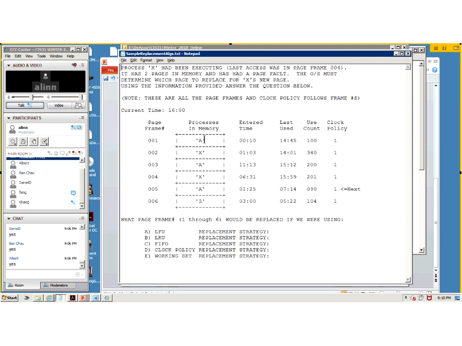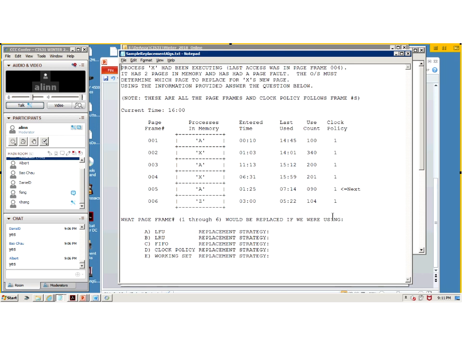Here's the time it was loaded. That page was loaded into memory. By the way, all of these occur on the same day, so this would be hour, minute. Enter time is when all of these were loaded. This was the timestamp it was last used. And this is the use count, the number of times that page was used. So, the question is, what page frame, 1 through 6,